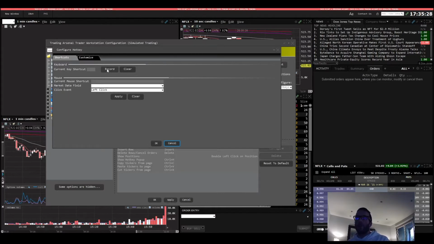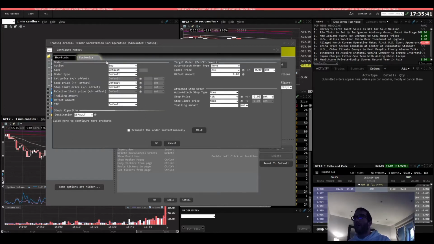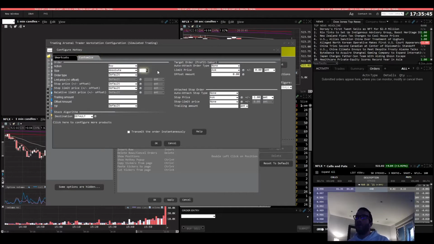And then we're going to record the keys that we want to use. So the first order I'm going to do is an order to buy one contract on the ask. So the keys I want to use are Control and Z. And we go to Customize, Buy, Absolute, 1, Limit Order, Ask, and I'm going to create a more aggressive order. Let's say I'm trying to get in Tesla, and